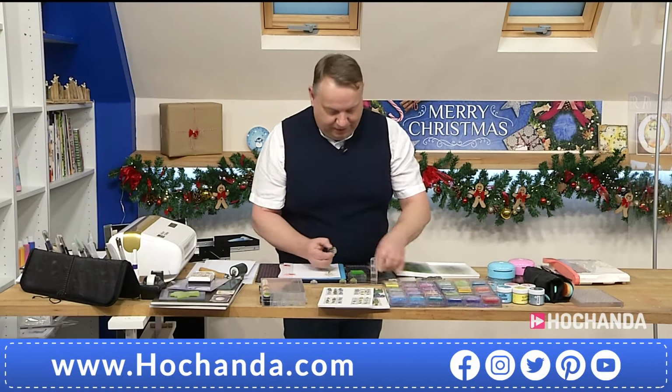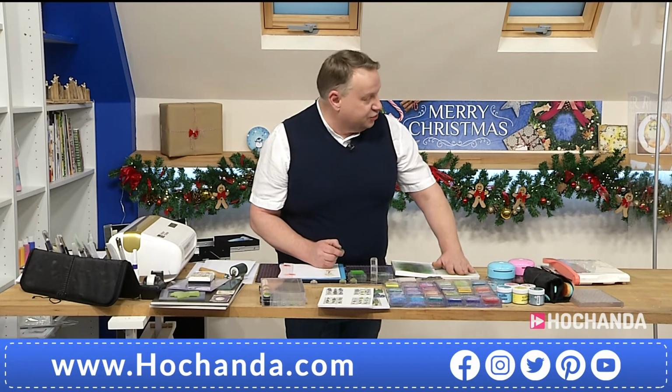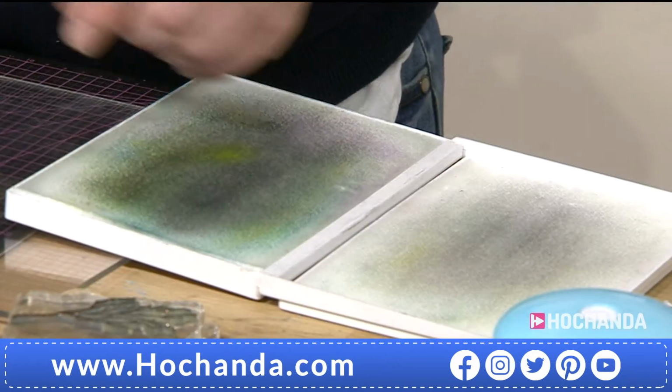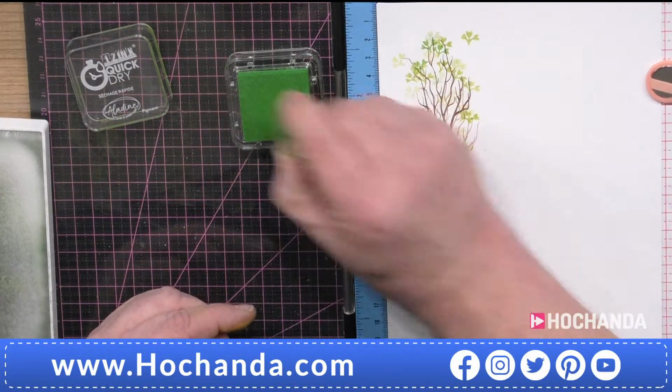Do you keep one wet and one dry? This side is wet. This side is dry. Clean on this, dry on that one. It's got millions of little fibres in. So just going around randomly